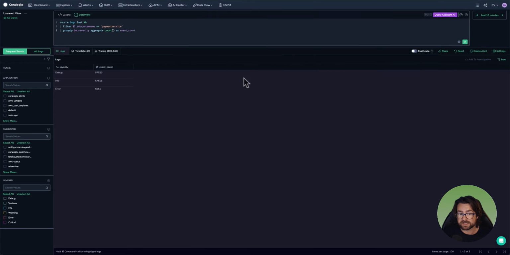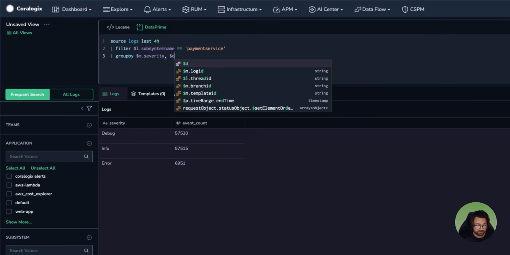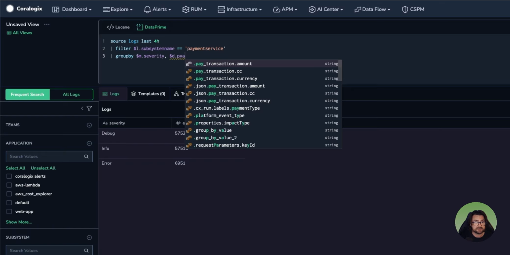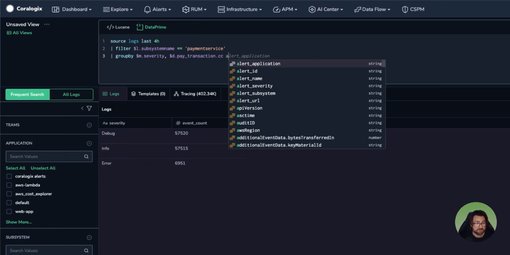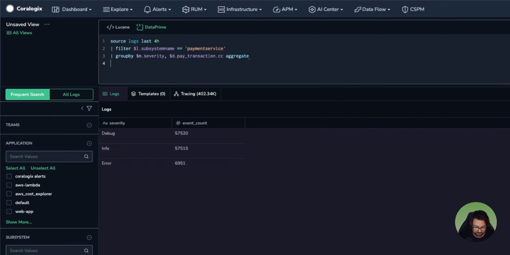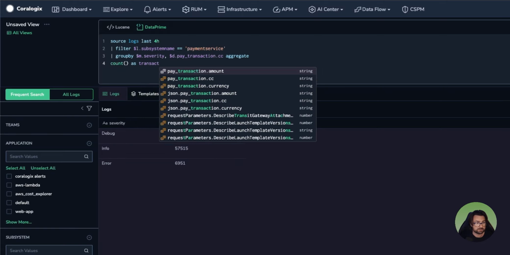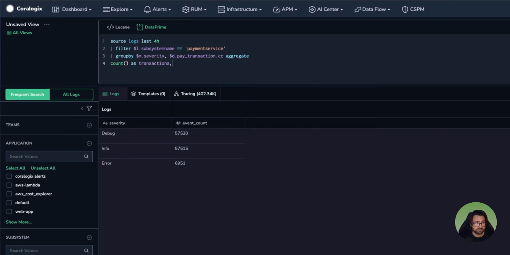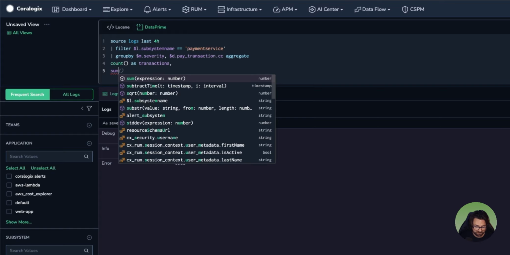So let's take this a step further: multi-field grouping. I've done one by severity. Let's also look at what there is in terms of our transactions, our payment methods. So let's add a comma after severity, and let's look at $D for data, the payment transaction type. Let's grab an aggregate of that. Let's take this on to a new line, and let's use the count function. That's going to be our transactions value,